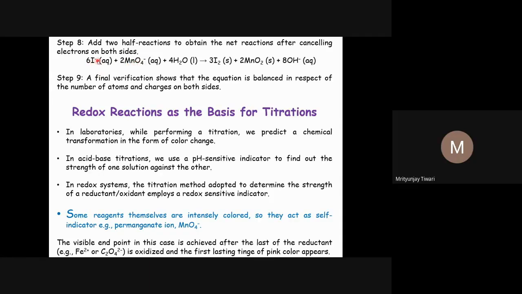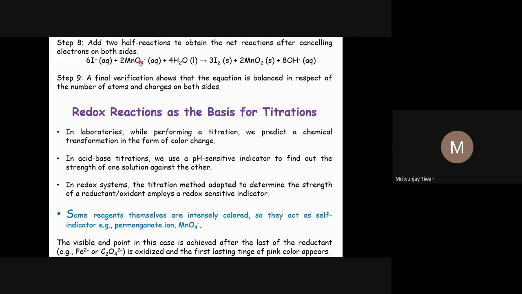How many iodide ions are there in the solution? It depends on what volume of the solution you have taken and what the concentration of that solution is. Based on that, if 2 permanganate ions are added per 6 iodide ions, that situation is the equivalence point. As soon as you add the next drop, you have added permanganate ions in excess, because all the iodide ions that were there are already consumed by the permanganate ions once the equivalence point is achieved.